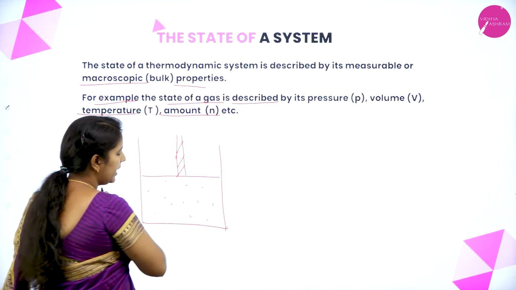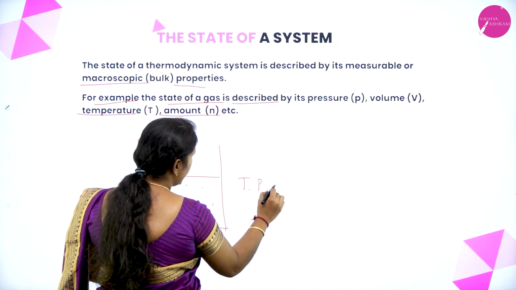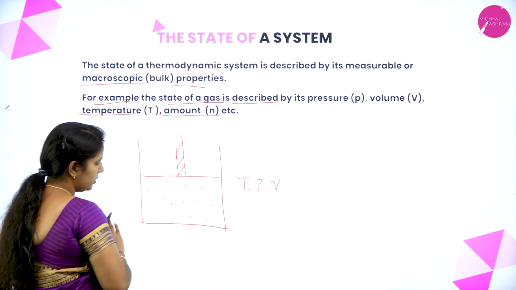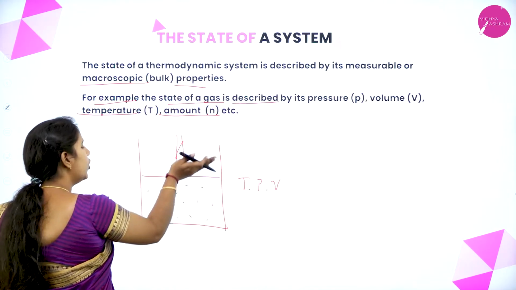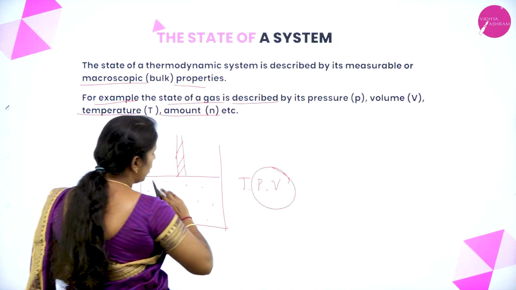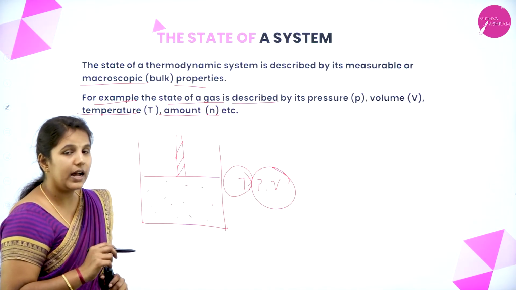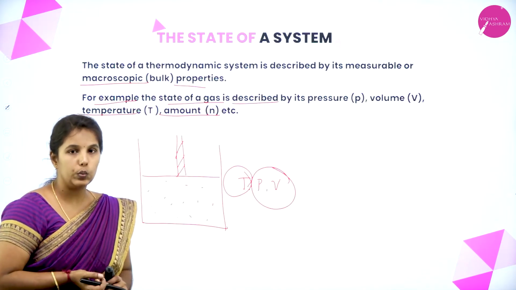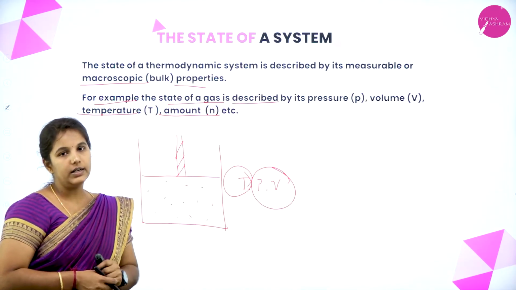We know that every thermodynamic system is affected by temperature, pressure as well as volume. Now, if I apply pressure, what will happen to the volume? The volume will decrease. If I don't apply any pressure, the volume of the system will increase. Correct? So the pressure and the volume are altering, which means indirectly the temperature is also altering. This indicates that the state of a thermodynamic system is described in a measurable way. It can be in the form of pressure, volume or temperature.